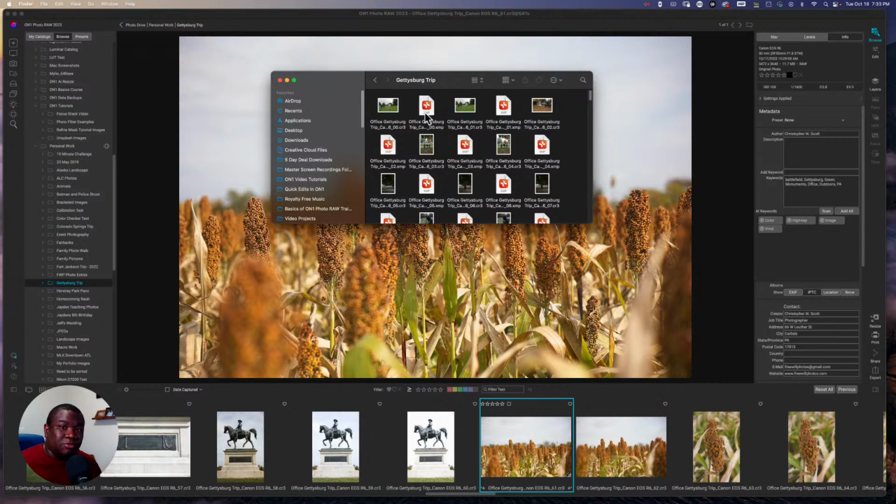Now, Lightroom does something similar, but all of the non-destructive edits are saved inside of a catalog. They're not saved inside of the actual file. They're saved external to the catalog, whereas ON1 saves the XMP file right next